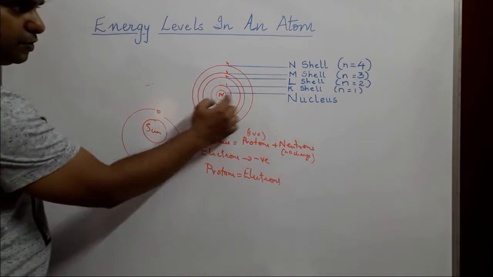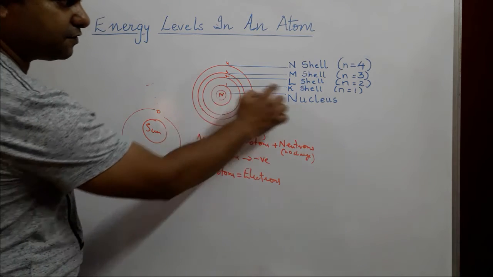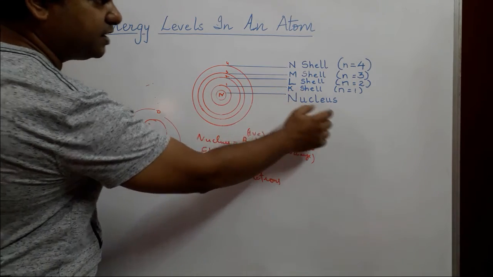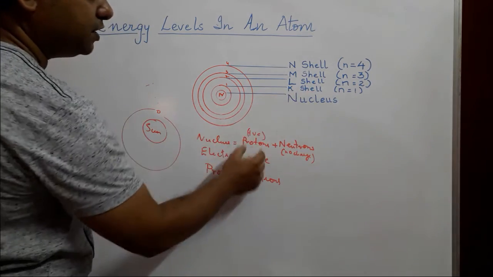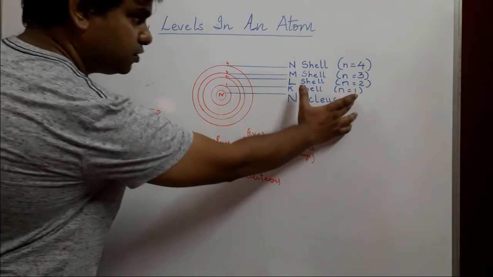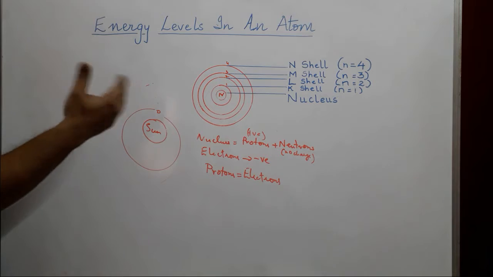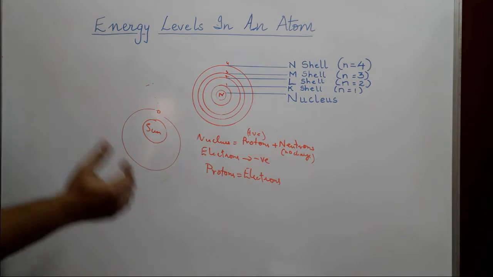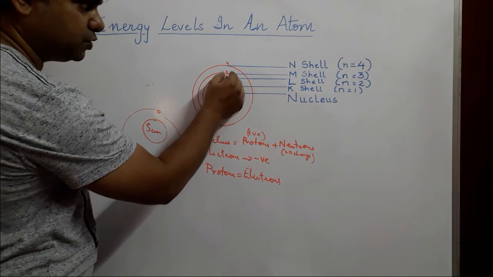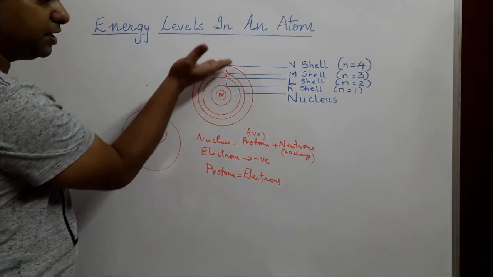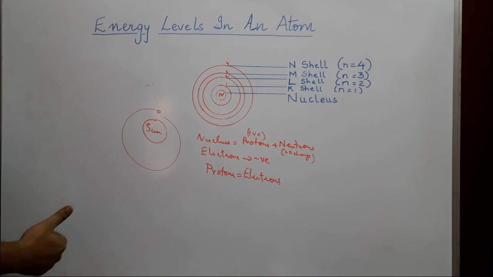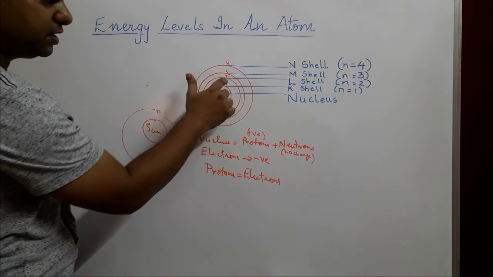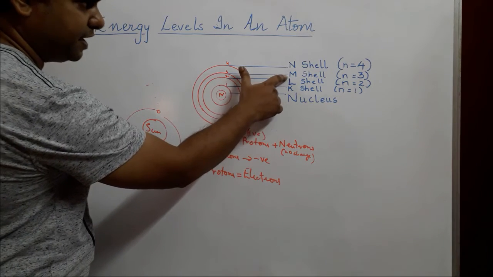You have your nucleus as marked over here, then you have your K shell. The one closer to the nucleus is known as the K shell, and it has a place for only 2 electrons to fill up. Now what is n equal to 1? As you go higher up in the 11th and 12th standard, you will learn about the K shell, L shell, M shell and N shell. At a lower standard, it is just taken as n equal to 1, 2, 3. These are energy levels which keep increasing as you go higher and higher. Here you have the K shell closer to the nucleus, then the L shell, then the M, then the N.